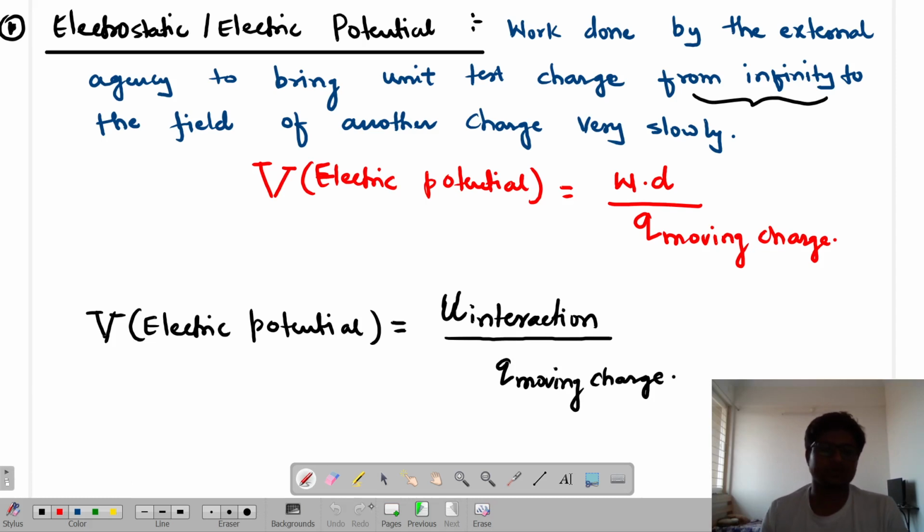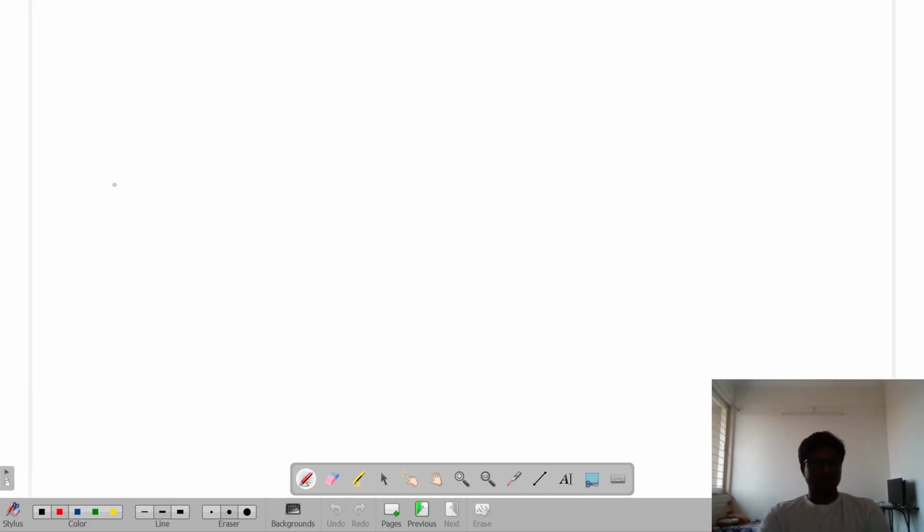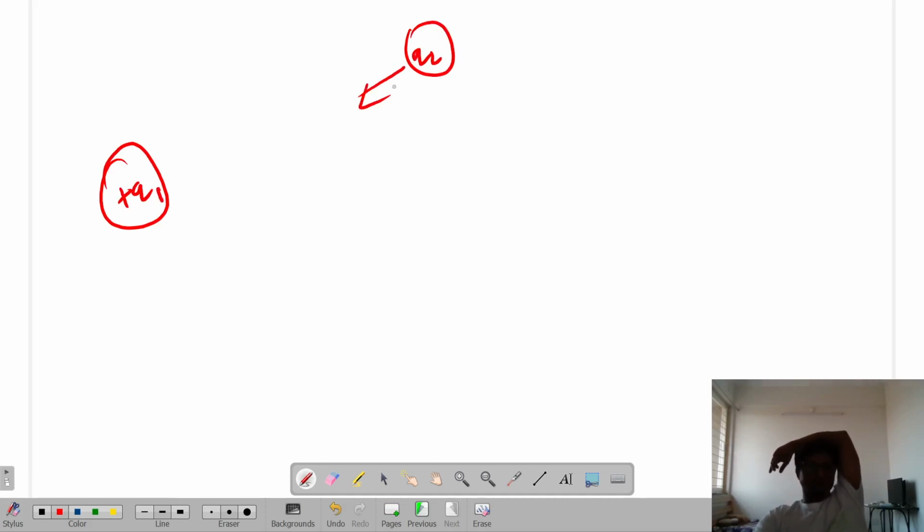देखो, मतलब पॉइंट समझो. अच्छा, ये अपने पास फिक्स चार्ज है Q1, हम Q2 को लेकर आ रहे हैं, है ना? तो Q2 के ऊपर अपन ने वर्क किया. Q2 के ऊपर some kind of external work is done such that it should move. Okay. Now you are feeling, you as an external agency, that I'm moving Q2 in front of Q1. But actually, if I just remove Q1, then there is no use of external force or not.